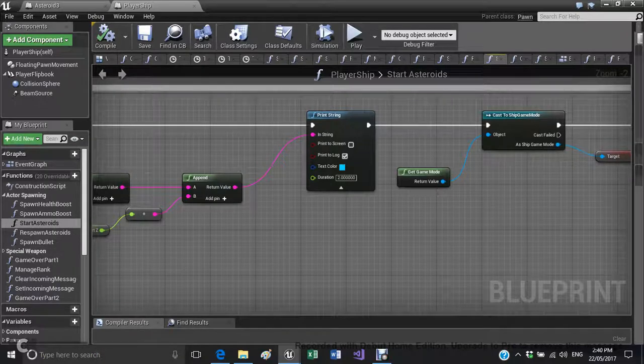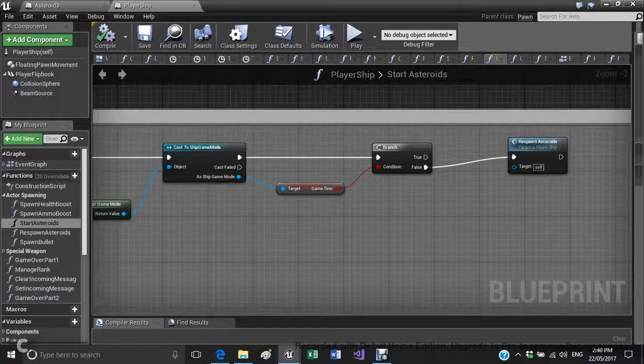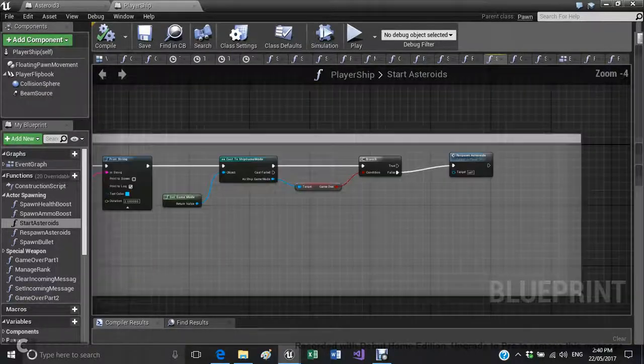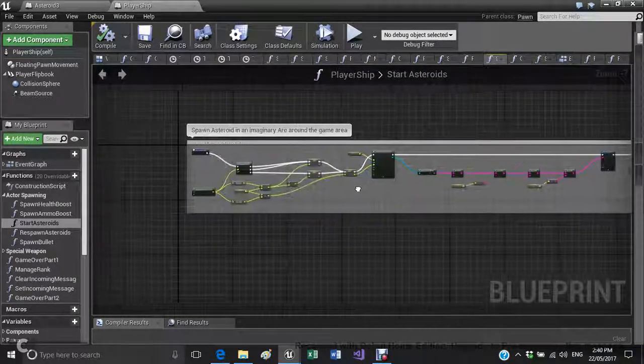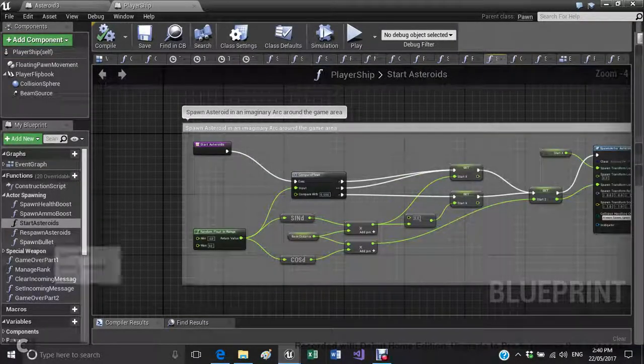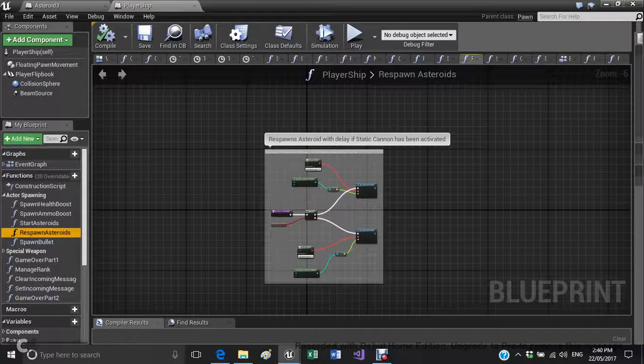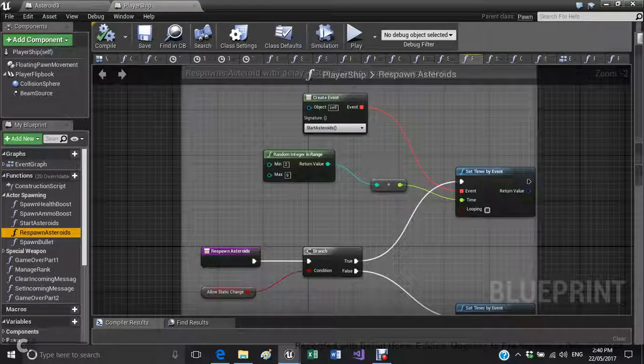There's still quite a lot of debugging information in here because it's the last thing I did, but essentially it will call this procedure just after the game starts, so we get the first one going, and as they disappear, it basically